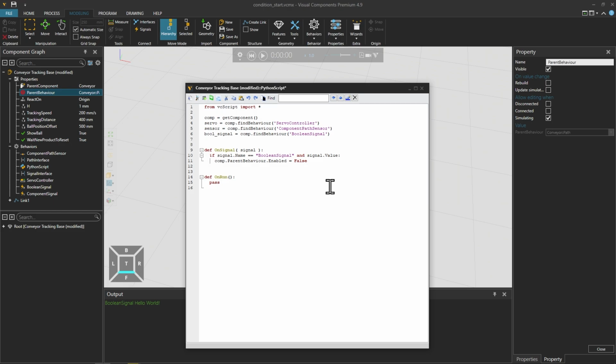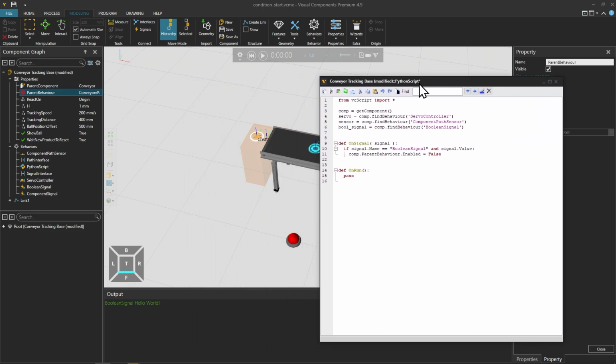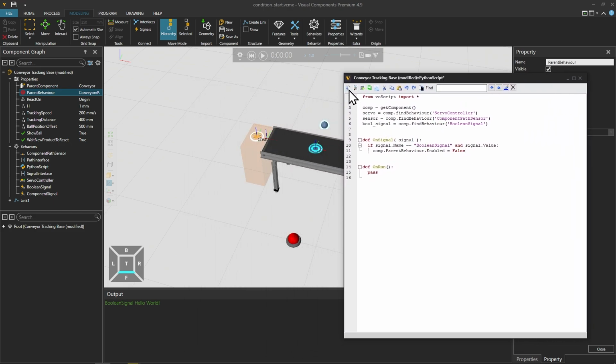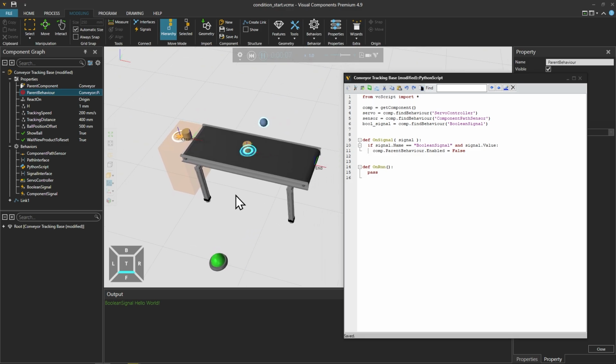Like so. So now we can again test whether this works, and again, in order to even see any changes, we need to always compile it. So now when the cylinder reaches the midpoint, we can see that the whole system has stopped.